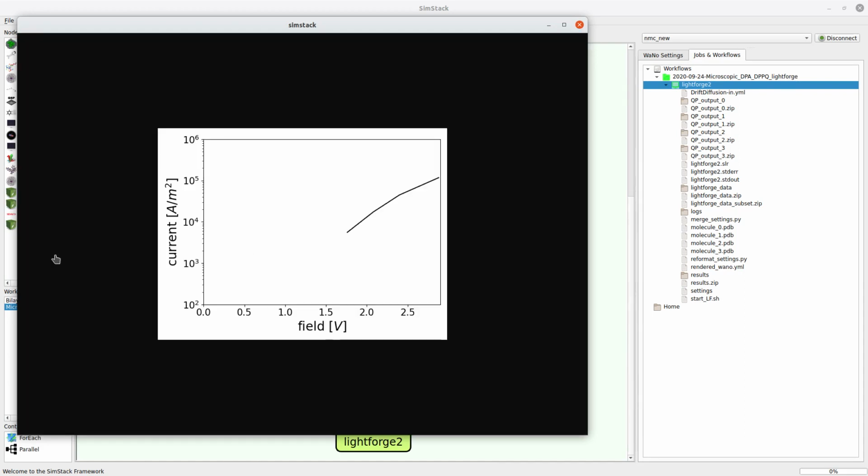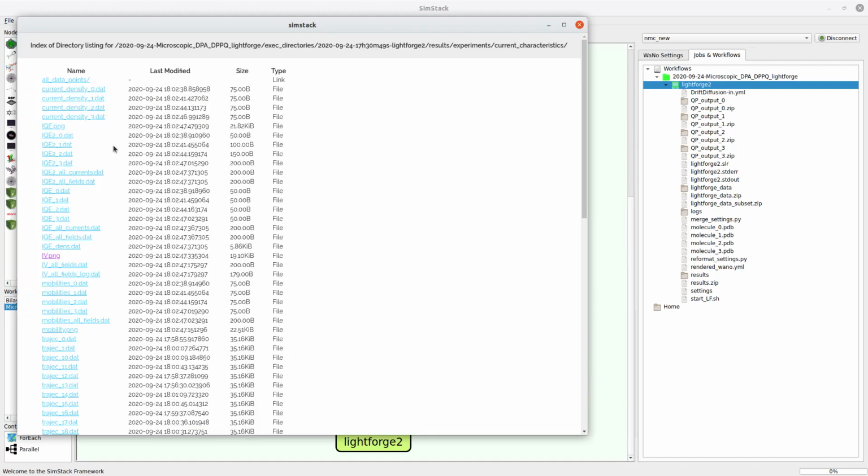iv.png. This shows the current voltage characteristic of this material in ampere per square meter. So in milliampere per square centimeter, this would be a factor 10 smaller. Nevertheless, we see we have quite high currents, as we have basically no barriers in our device and low disorder materials. Now we go back and we locate IQE.png,